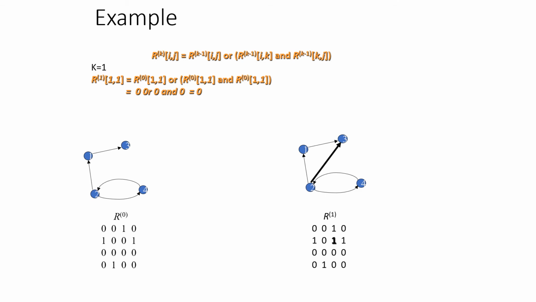See, it is updated. So the vertex 2 can reach vertex 3, hence the value 1 is placed here. What about the remaining vertex 4? The vertex 4 could also reach 3, but not only 1 is the intermediate vertex, it must also consider 2 as an intermediate vertex. So this cannot be accepted because in R power 1 we can consider only 1 as an intermediate vertex. So that's it, no more updation.